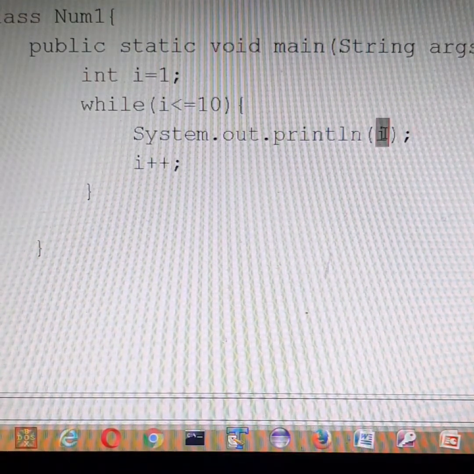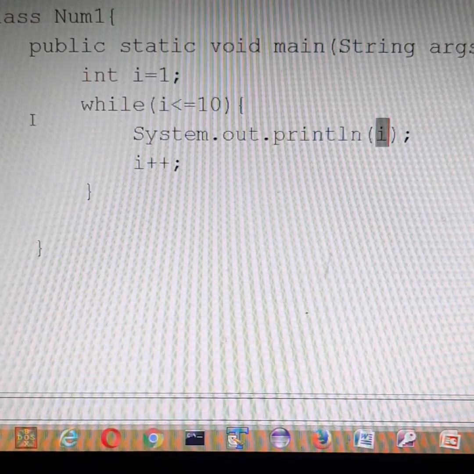When it prints 10, ultimately I plus plus becomes 11. 11 less than equal to 10 is a false condition. So it will come outside the loop. Right? Now if suppose a question is given, first of all let's see how this runs.